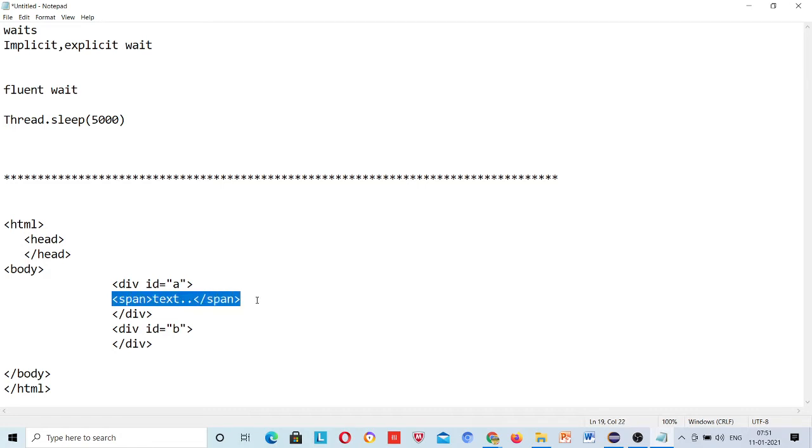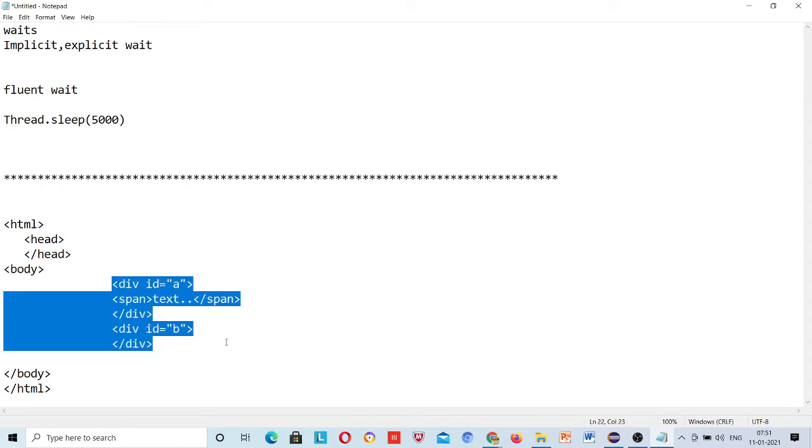I will just locate this span tag and get the text. But the problem is if this code is already visible in your HTML DOM, and still you are applying the getting of the text, you can get this, right? You don't need to apply any code for this. I will give you an example here.